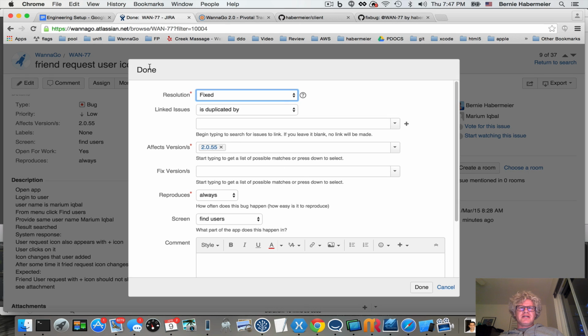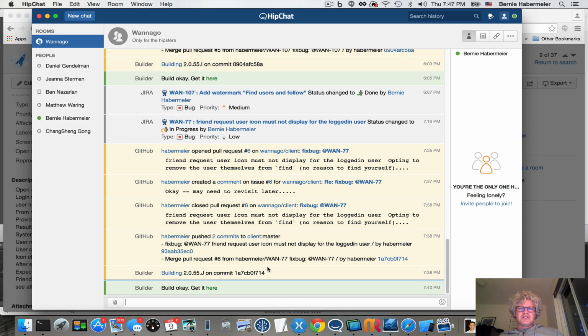So when you hit done here, the incremental builds that we do on a continuous integration server are internal to developers. QA does not see them yet. We may change our policy at some point, but these builds point to dev, not staging, and we want to bundle things up for a beta release where we fix a bunch of things at once